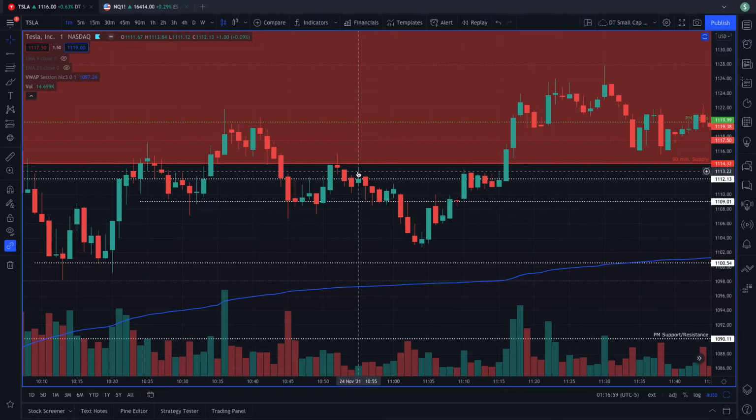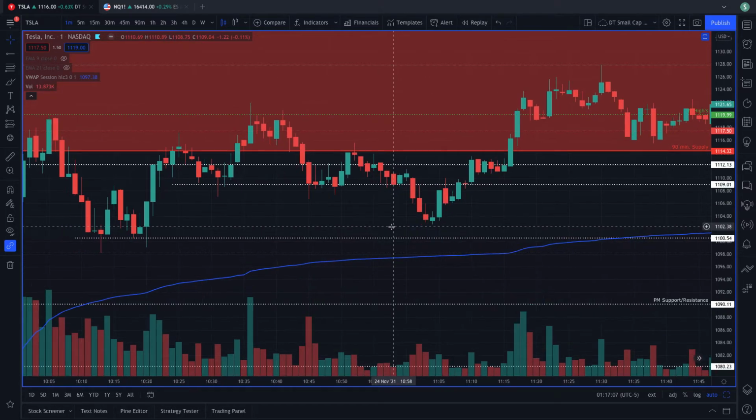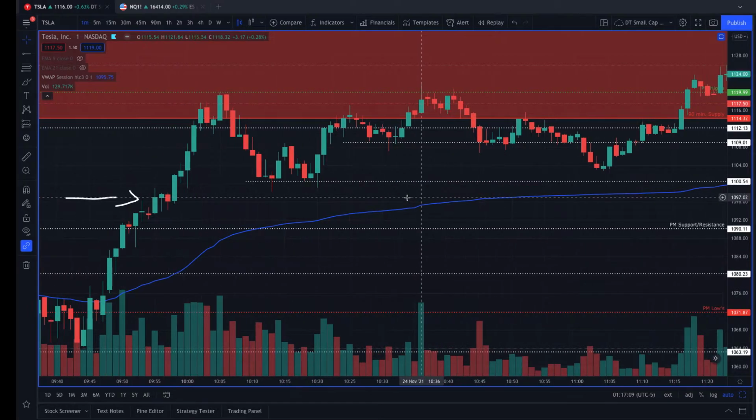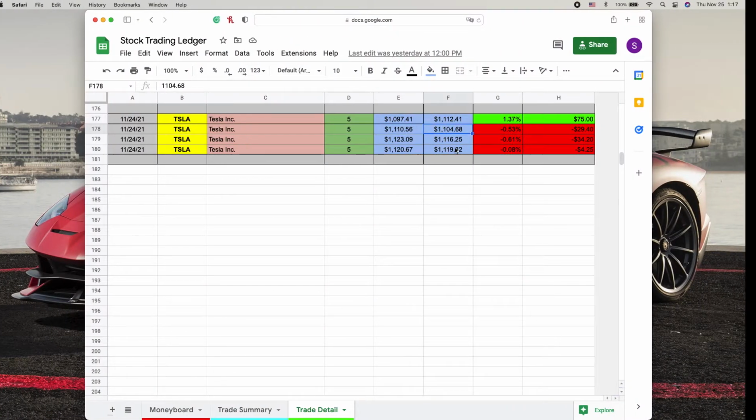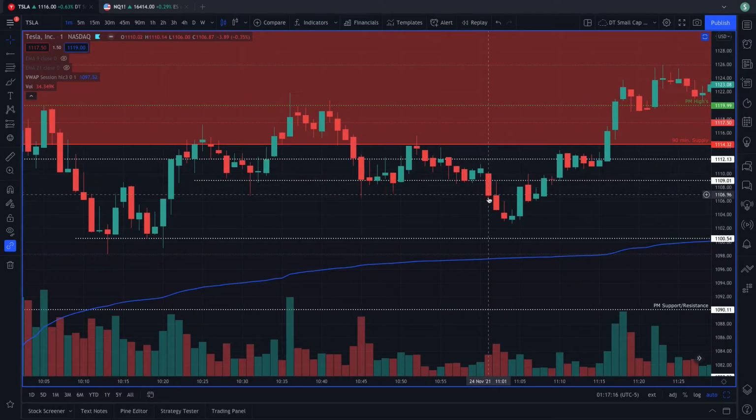I could have sold again for a profit, but I didn't. We hit support here. Broke support. And I had to cut for a loss, so I exited at 11:04. But you know what the most painful thing was in this trade? Was the fact that I got out at 11:04